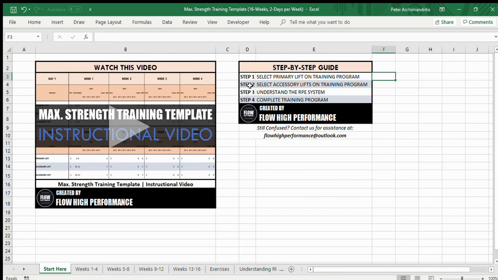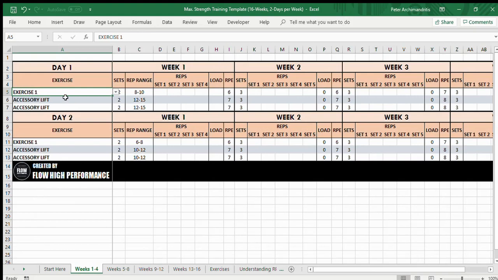The next step now is to select the accessory lifts on the training program. We have 2 accessory lifts on each day, and we want to choose these to be using the same muscle groups as the primary exercise in order to get some additional hypertrophy. So if we change this primary lift to something that we can work with, for example the back squat, our accessory lifts want to be using the same muscles as the back squat. For this example, I might choose the leg press for the first one and walking lunges for the second